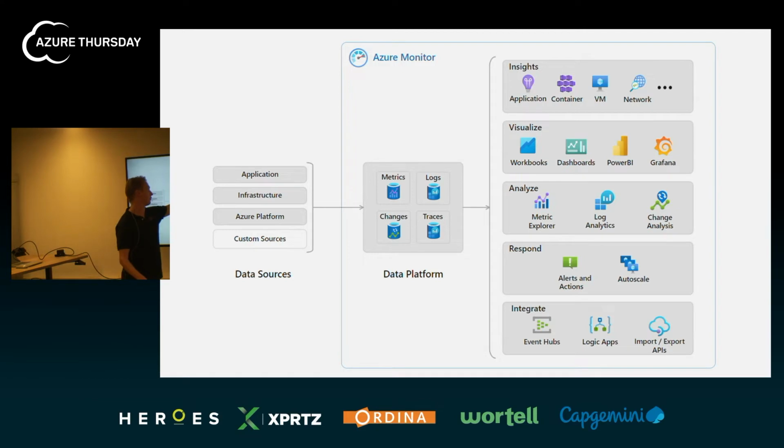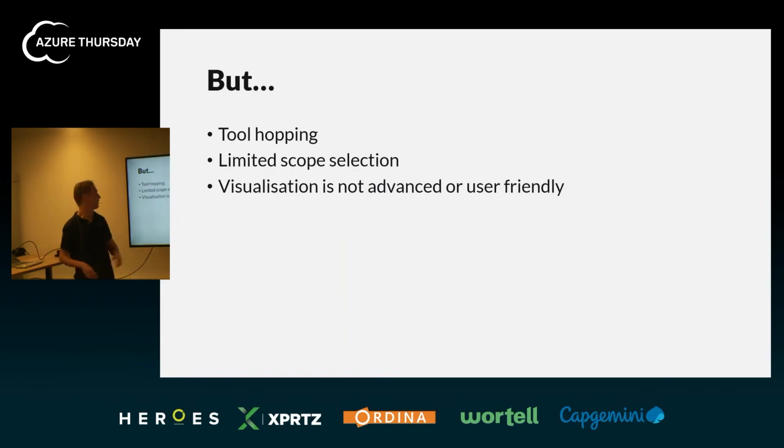And for example, also your Kubernetes information, Application Insights. Those are all tools Microsoft offers us to explore our infrastructure and our applications, what's going on. But there is a but in here. In my experience, when I use the Azure Monitor solutions, I still have to do quite a lot of tool hopping. I have to go from Application Insights to my Log Analytics workspace